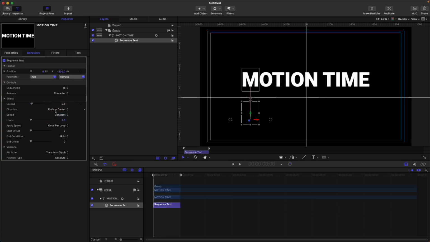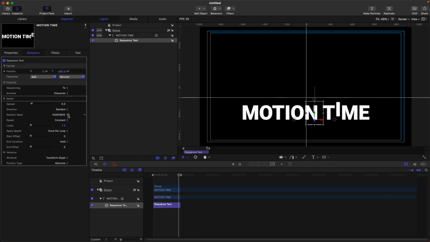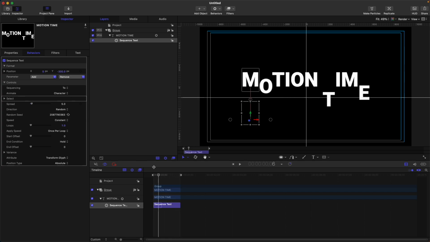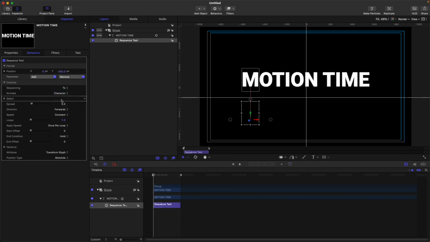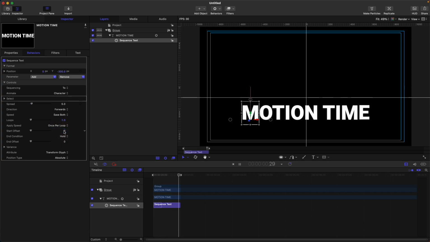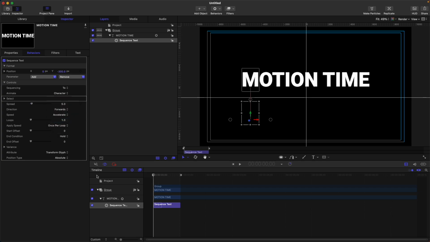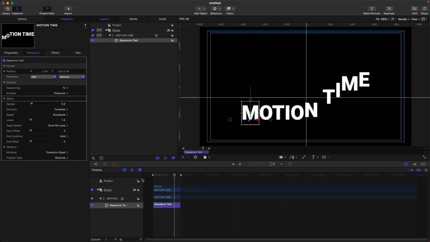then random. So random seed, click this one if you want a random number. Okay, let's select the direction to forwards again. Then speed, we have different speeds. Currently we are on constant, so let's use both. Accelerate. Okay,